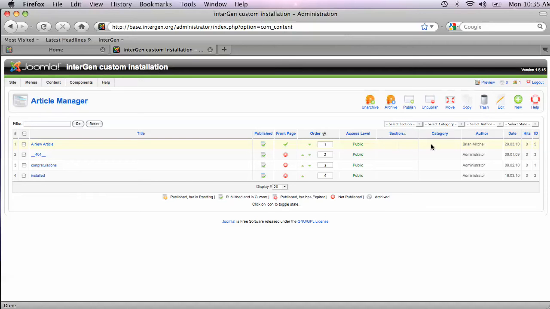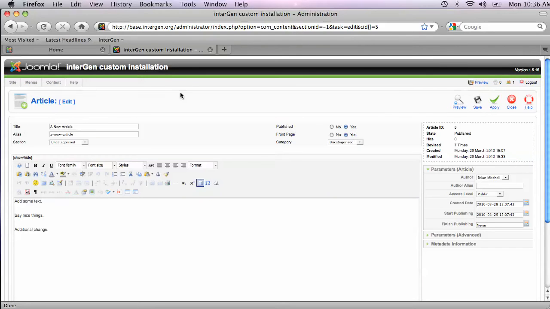Remember, we left the section and the category as uncategorized, and that's why these columns are blank. I was the author. It shows you the date that it was created and how many people have visited that particular article. There's two ways we can get at this. We can put the check mark in this box and then use the edit button, or we can simply click on the title of the article and that will take us to the exact same place. So we can see all the information that we entered last time, some nice text, we said some nice things,